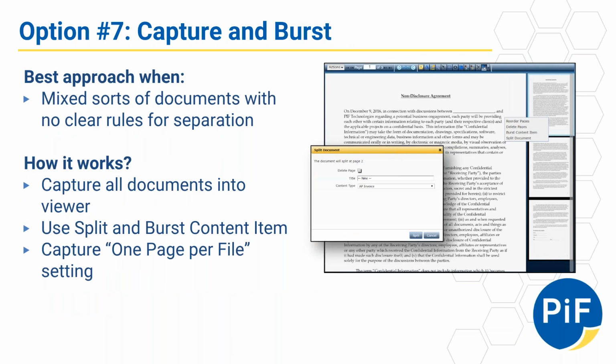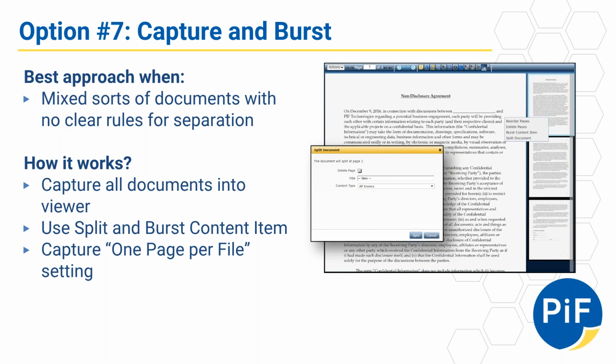Capture and burst. This is ideal when you have mixed sorts of documents. You just want to scan them in and you don't have to separate them manually. Then they're all in, and in your thumbnails, there's a couple ways to do it, but you simply hit burst content item, which will separate the 3 pages in this example into 3 one-page documents, and